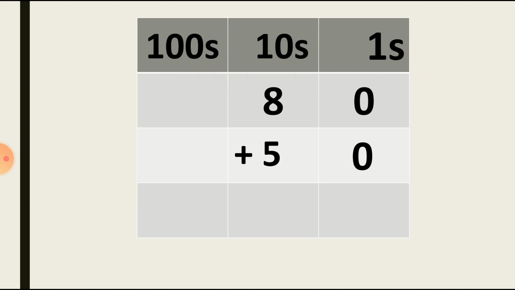Then how do we start adding the numbers? You can see here these are 2-digit numbers. Here is 80 and 50. These numbers are 2-digit numbers. So let's see how to solve this. As I told you, always start adding with the ones column. So here is the ones column. So students, the ones column is 0 plus 0.